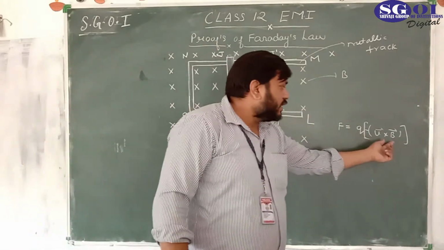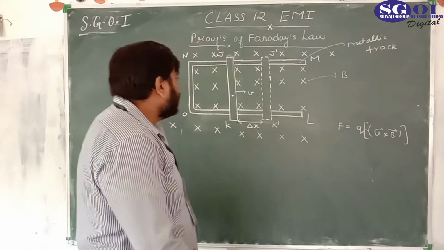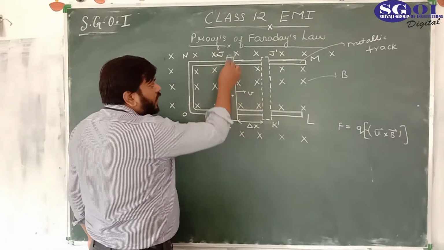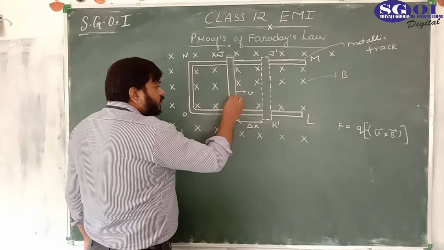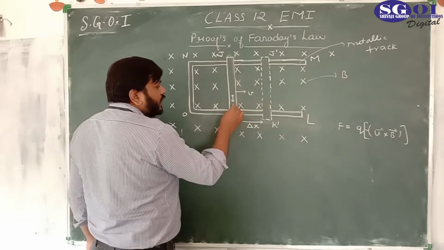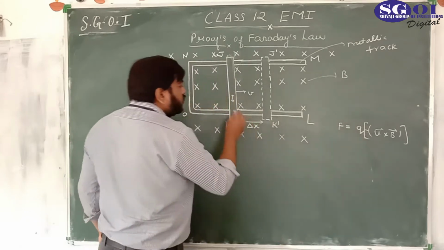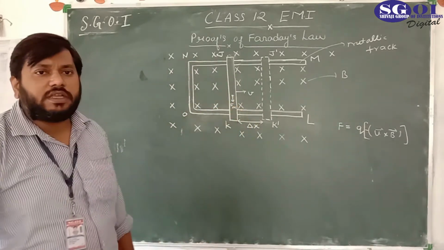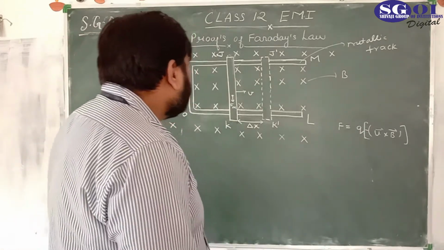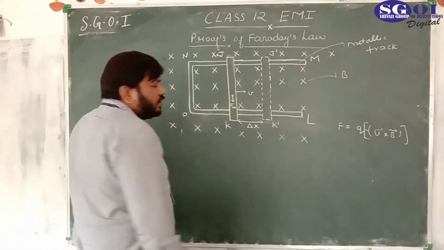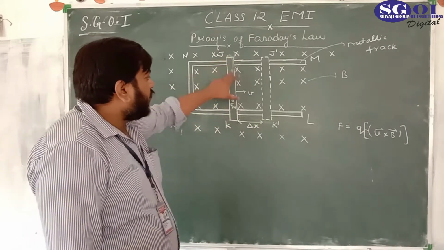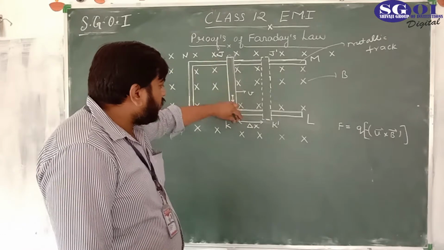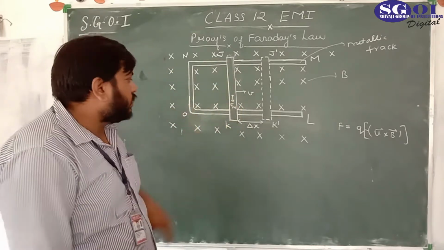But as this is minus V cross B, the final force on this electron which is moving with velocity v along with this metallic conductor would not be in the upward direction, because of this negative sign. So the force is acting in downward direction, Fm, magnetic force. Because of this magnetic force, free electrons present in this metallic rod would start moving towards the end K.